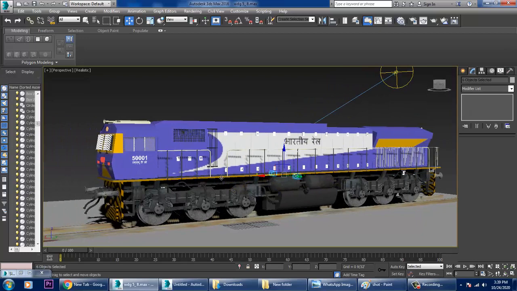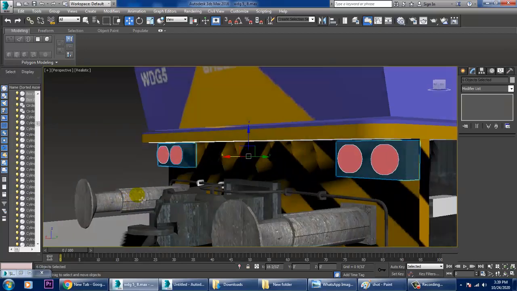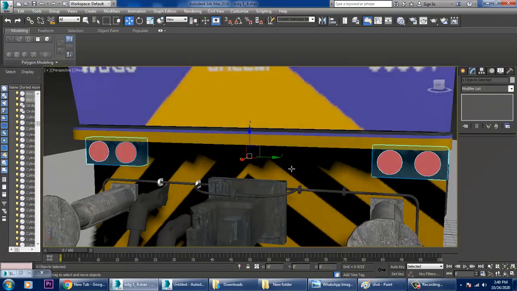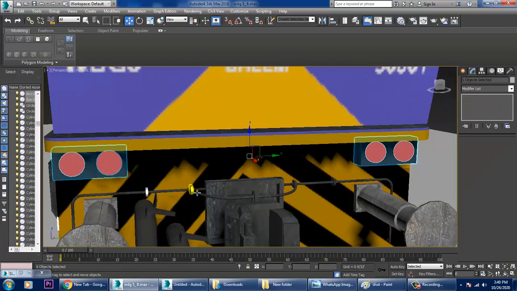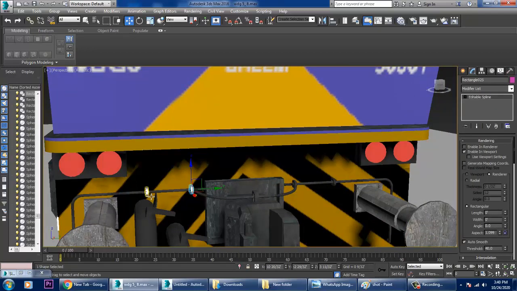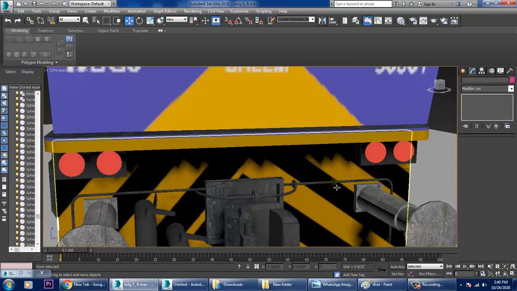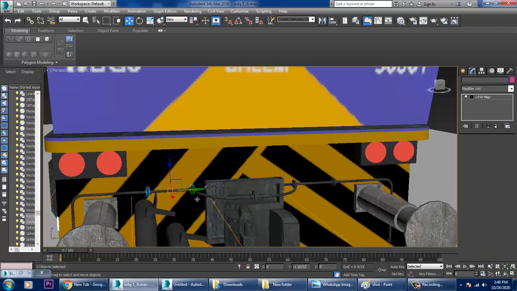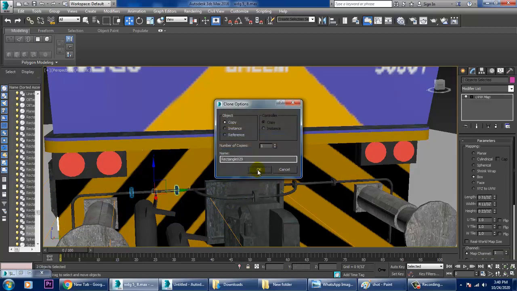We can easily push this over here. You can just place it in this way. Select this and this, just delete it. Duplicate it. That's it.